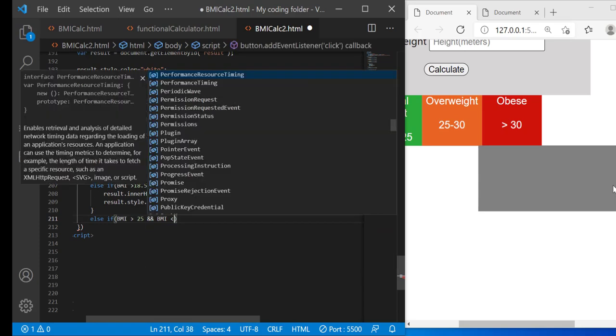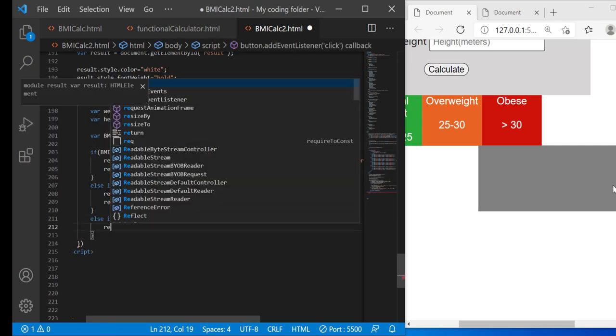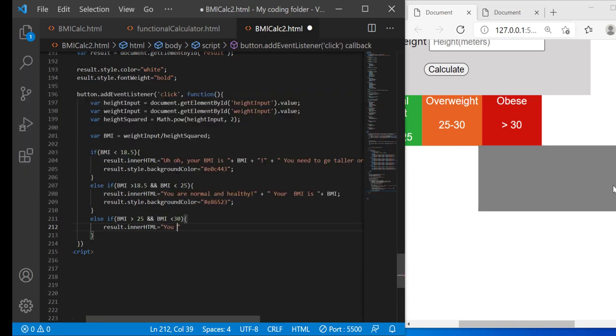And then else if BMI is greater than 25 and BMI is less than 30, then that means you're overweight. So result.innerHTML equals "you are overweight" plus "your BMI is" plus BMI. Else if BMI is anything greater than or equal to 30, then